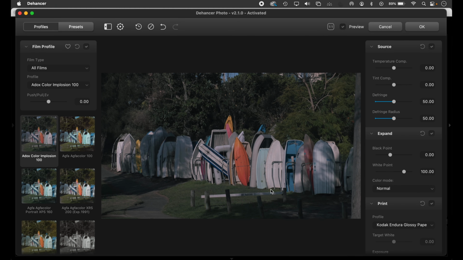And here we are. So this is the Dehancer photo version 2.1.0, just for those that are curious in future when you're watching this video. And it's a pretty easy, simple setup. As you can see, I'll just run through the